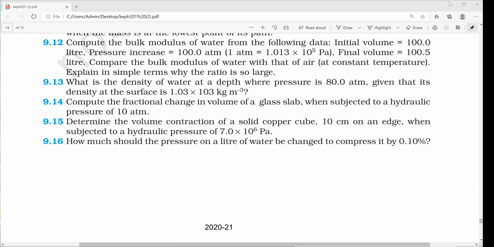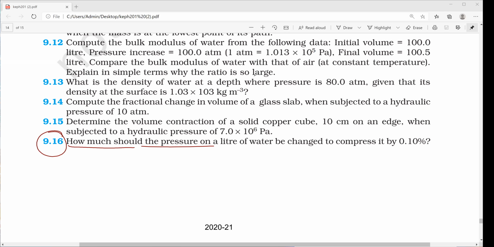So what they have given, yes, in the exam also they will allow the use of a calculator, but they give permission to use only a simple calculator. So the next question is 9.16.